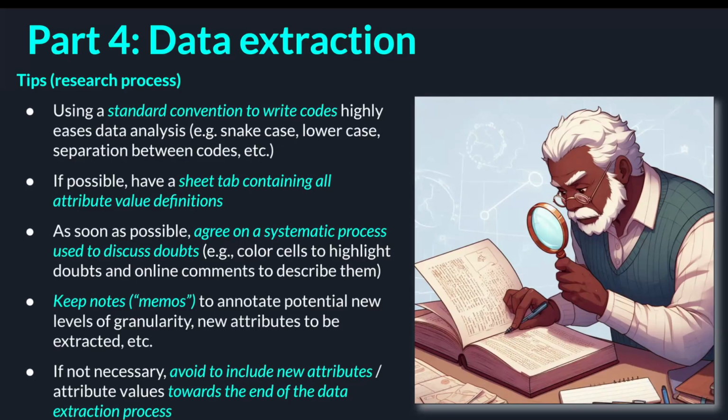I highly suggest using a standard convention to write codes. You can even use the drop-down list on the sheets, where you have some predefined values and you really only add the new ones. So for example, you always use snake case or lower case, whatever you like most, to avoid typos, or "oh, this expresses the same thing." Energy precision trade-off had a minus, you put an underscore, now we have two codes.